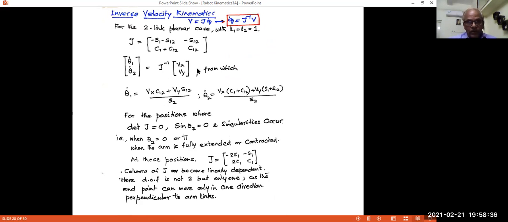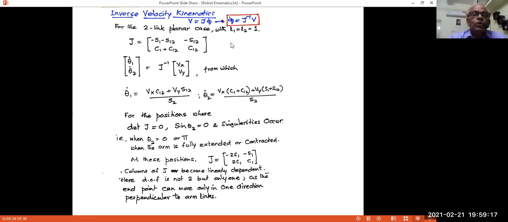Now, at this point, we'll also introduce the topic of inverse velocity kinematics. What is inverse velocity kinematics? You just now saw that V is equal to J q dot. Well, V equals J q dot will give you, given the joint variable velocities, the end point velocity vector. Given the end point velocity vector, multiply that by the Jacobian inverse, J inverse, and you will get the joint variable velocities: q1 dot, theta 1 dot, theta 2 dot, d3 dot, etc.